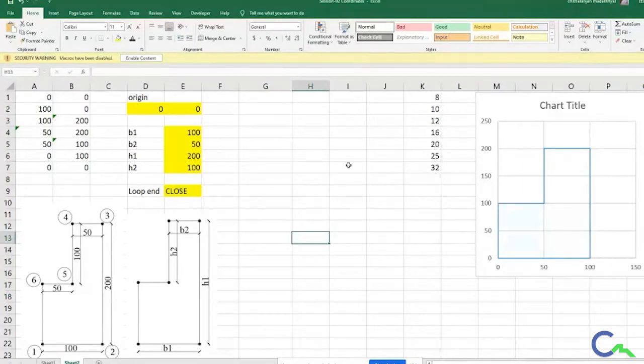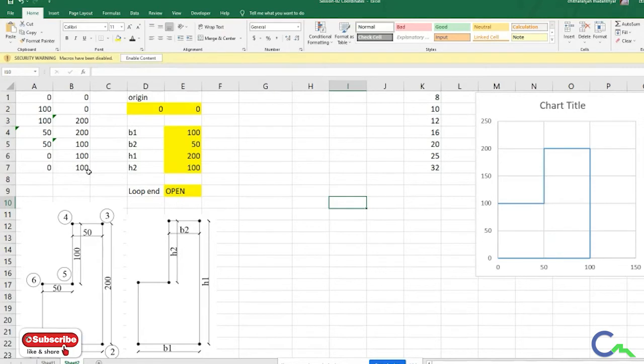Now it is closed. You can see here it is closed, so it comes back to the previous coordinate. This coordinate is taken as the first coordinate. So in the list option, I will make this as open. Now we can see the magic over here. Automatically it has taken the A6 and B6 value at A7 and B7.